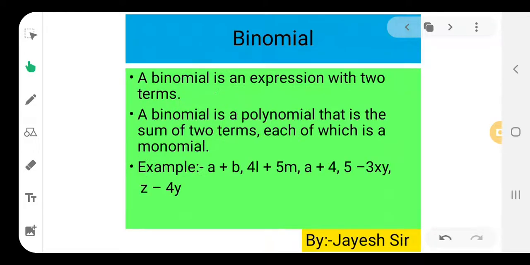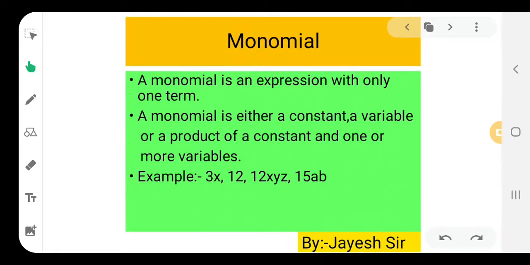I am going to explain the basics of monomial, binomial and trinomial in this video, as I have seen many students facing problems in recognizing whether a term is a monomial, binomial or trinomial. So today your each and every doubt on that is going to be cleared. Let us start with